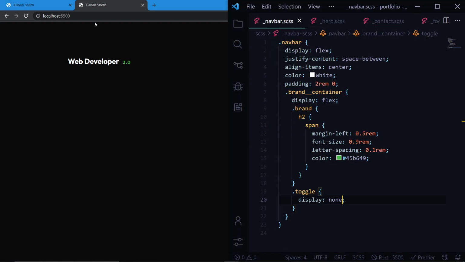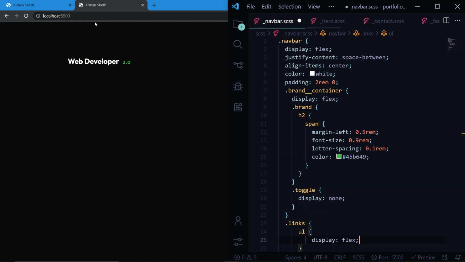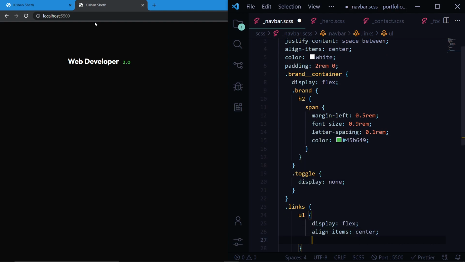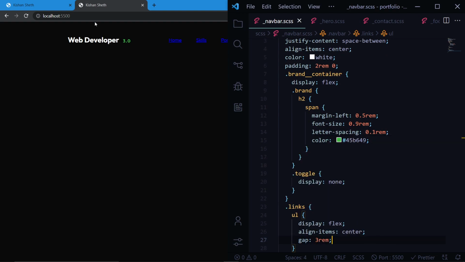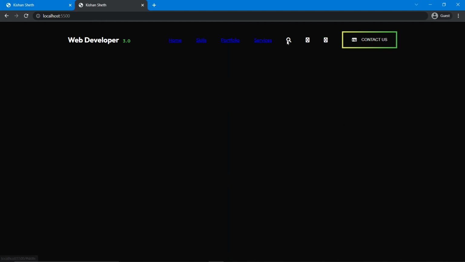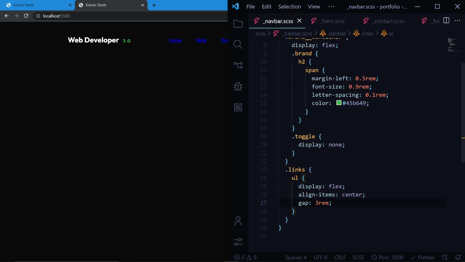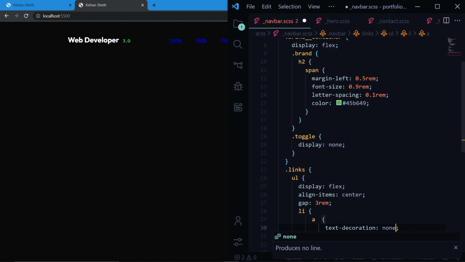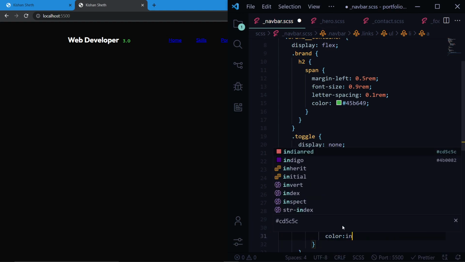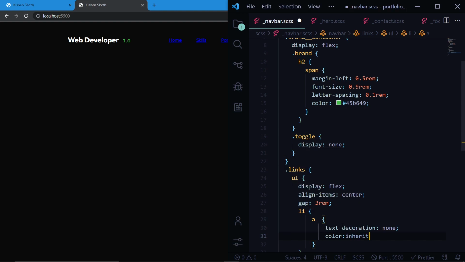Okay, then select the links, select the ul, give it a display of flex, align items of center and a gap of 3 rem, save it. So this all is in a straight line now. Now what we'll do is we'll select the li. Inside the li we have the a. We'll give it a text decoration of none. Color would be inherit, which would be white,